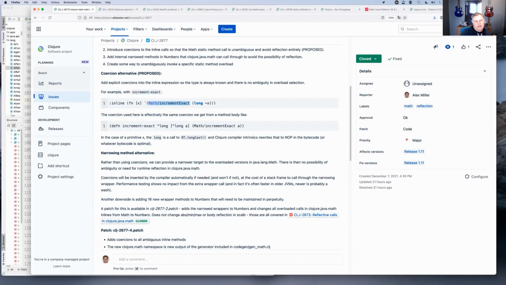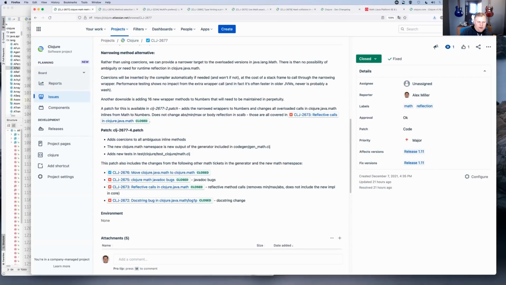And so the big insight here is that this is basically exactly what is happening when you call a method with the right coercion. The coercion is happening on the call to increment exact based on the type hints you've provided. So you end up with the same effective code through a different route. I don't know if that all makes sense or not, but